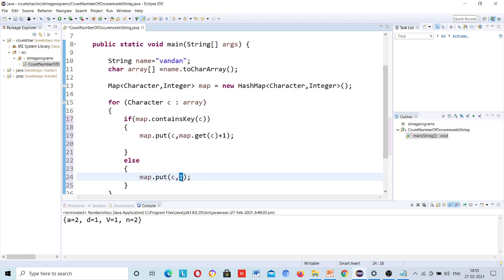Every time when it doesn't have any value, it will put 1 as a default.